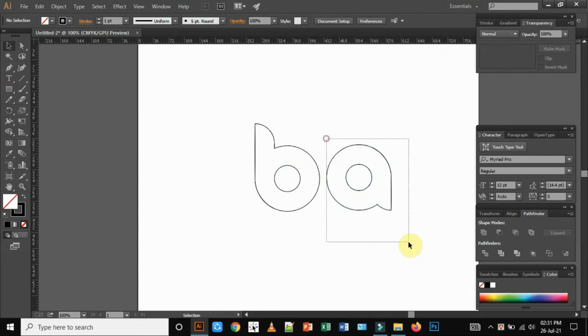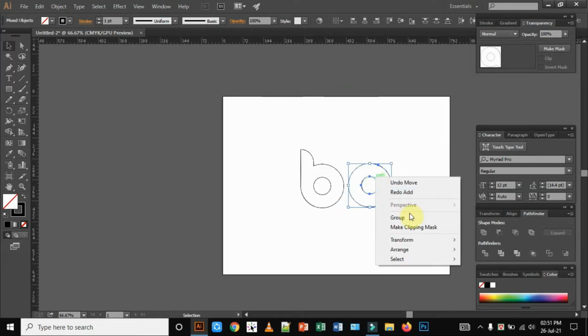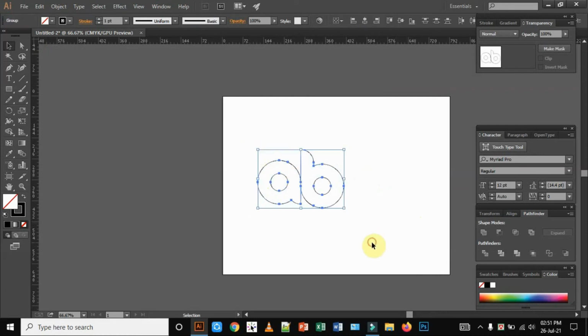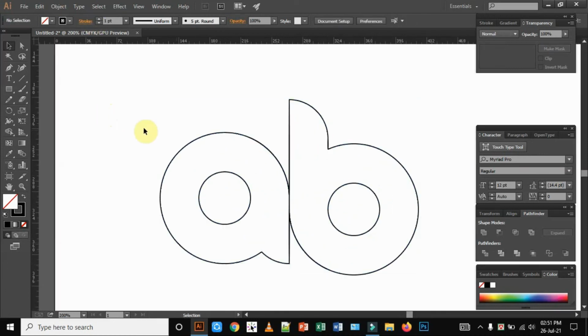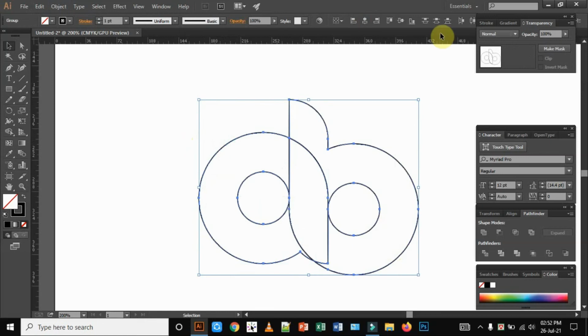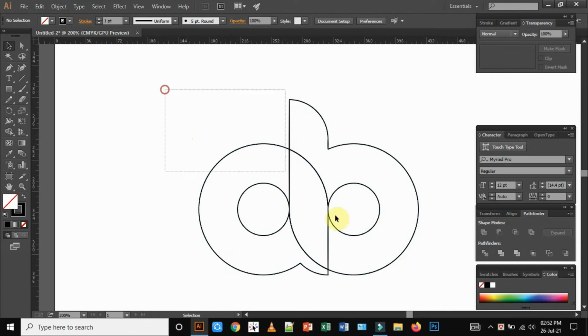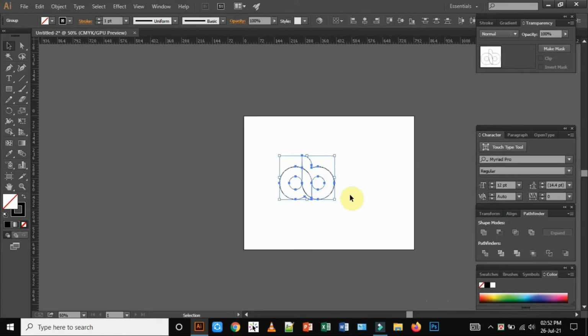Now you have to select this and right click on it and group it now, and then select this and right click on it and group it now. After that, select this and place it left, and now you can place it point to point, I mean in this way, and select both of these and select the vertically aligned bottom. Now look at this, and we have to copy it again and click alt and drag and drop it in the right side and make another copy,